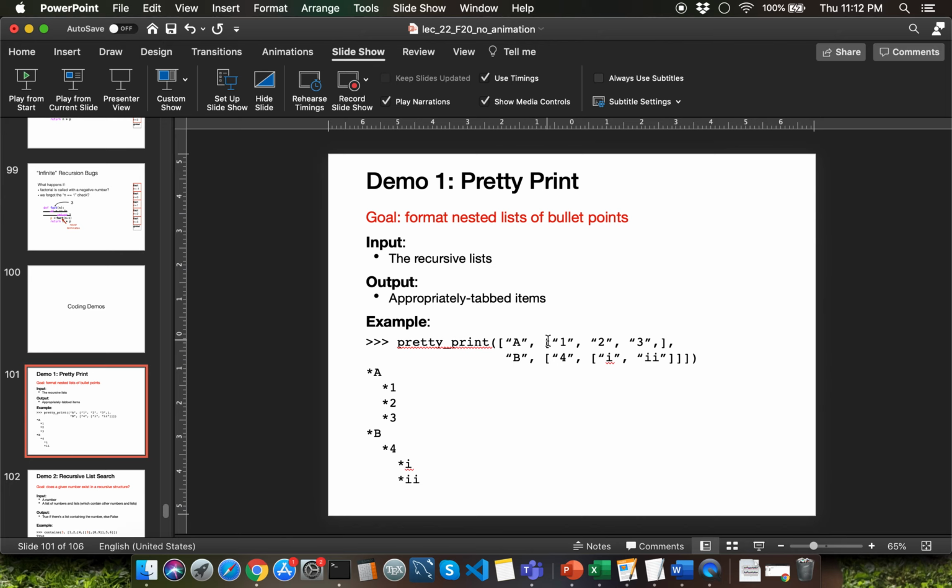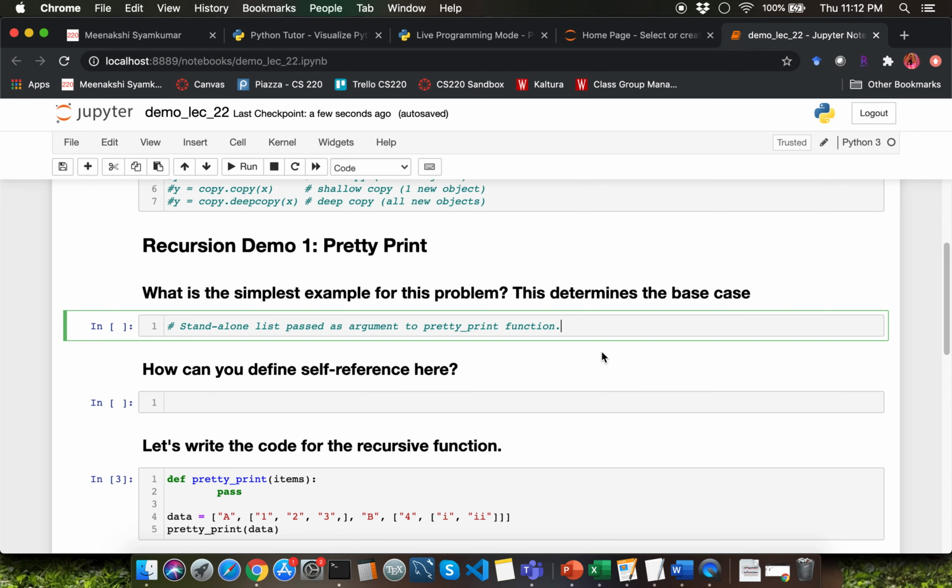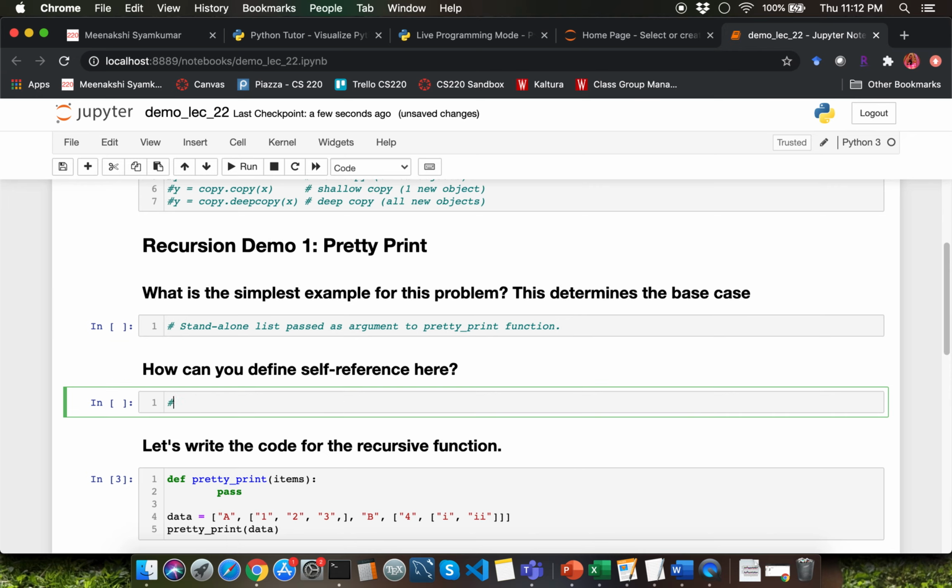So you can just pass as an argument to the pretty print function. Again, this inner list acts as another standalone list. So self-reference can be defined by passing nested list as argument to pretty underscore print function. That's going to define the recursive case over here.